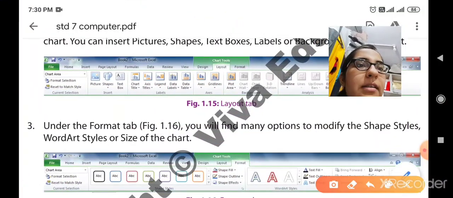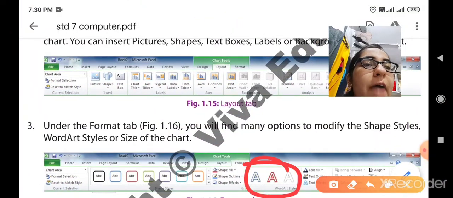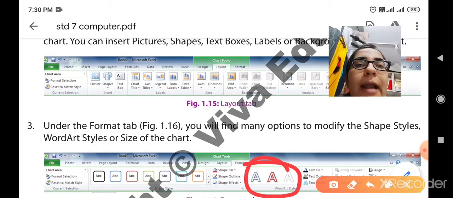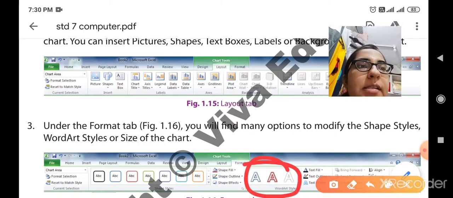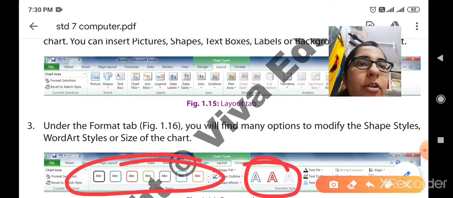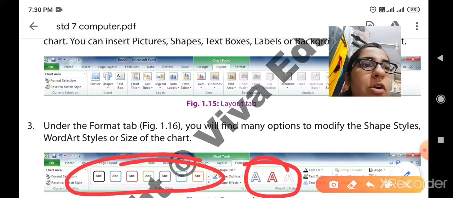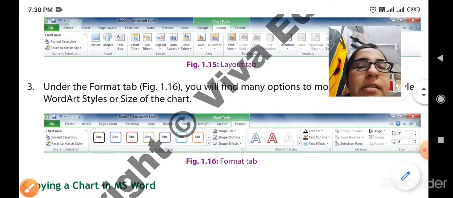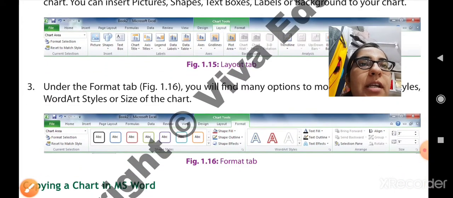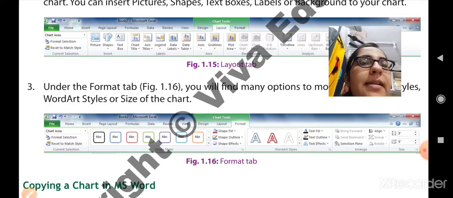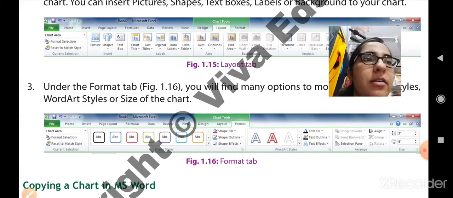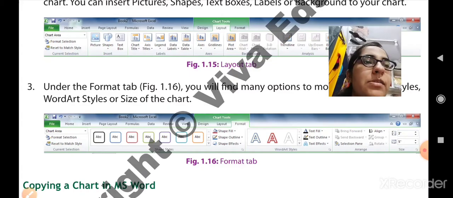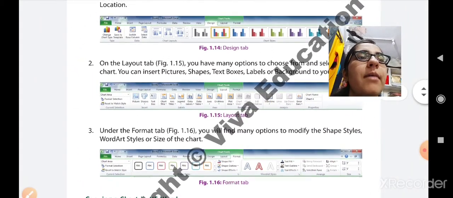You can see that this is known as word art styles, how you want your letters or a particular alphabet to appear. These are the shape styles, how you want your shapes to appear. Diagram 1.16 is about the format tab. It shows what changes you can make in your chart using the format tab. Okay, so here we have studied the chart tools.